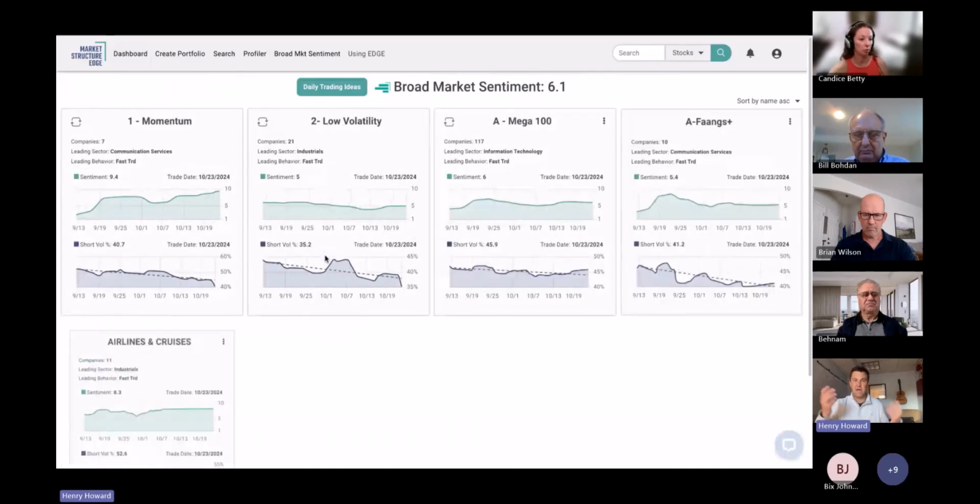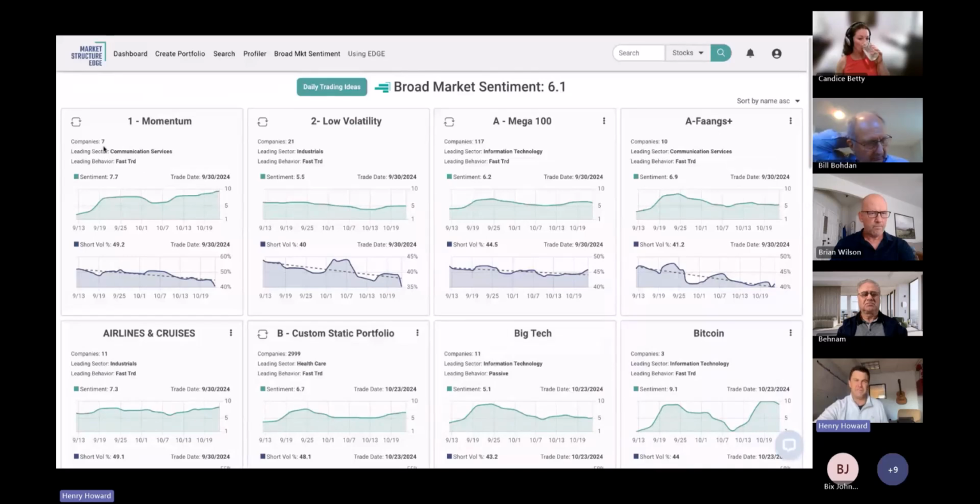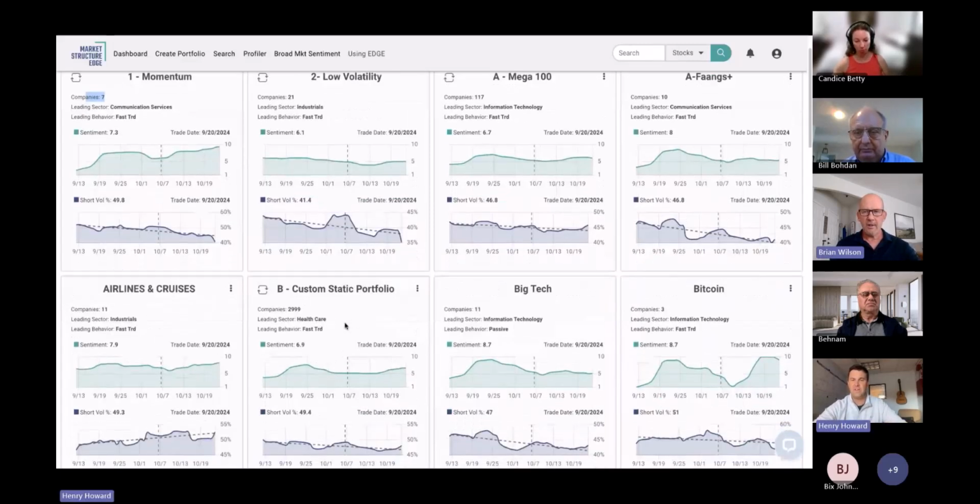So that's the second. I'm aligning those things. So we have a sort of topping broad market sentiment. We have just a few names. The momentum names are decreasing, so we know we're kind of at the end of a move. And then the third thing I'll look